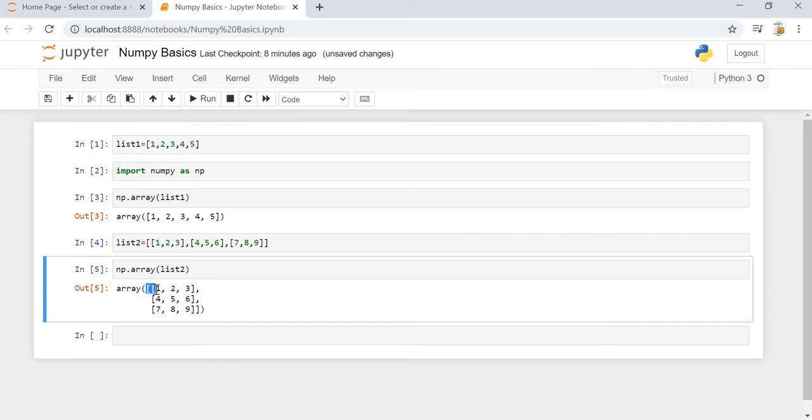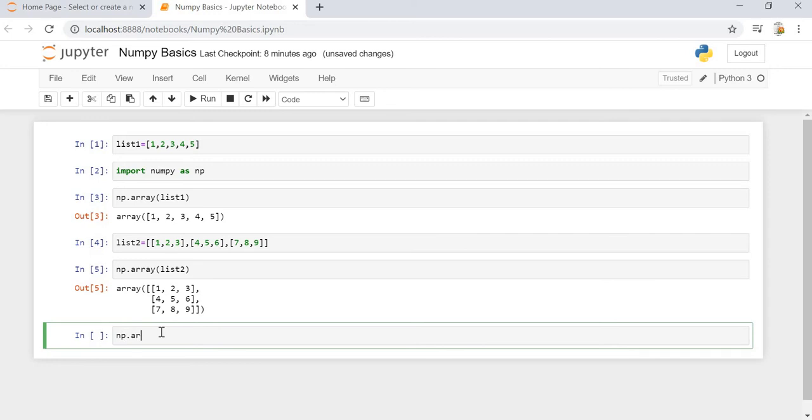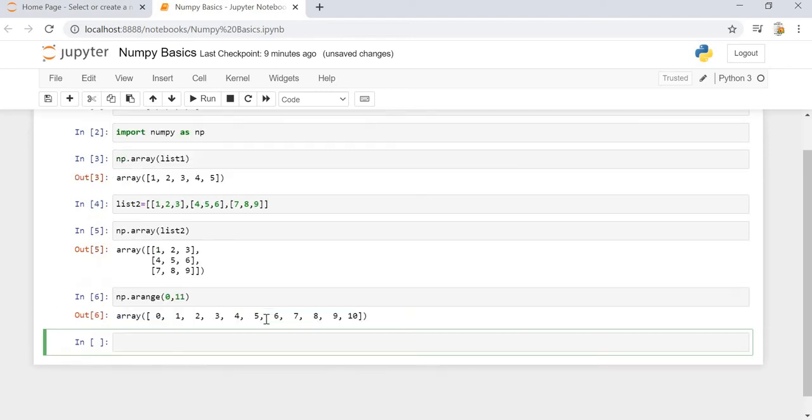Unlike the range function, in NumPy there is a function called arange. To remember, we can simply say it is the range function used to create an array, which is called arange. So we can create a range in NumPy like np.arange. Sorry, we made a mistake. np.arange, and we can provide any specific number and it will create an array of that specific number of indexes.